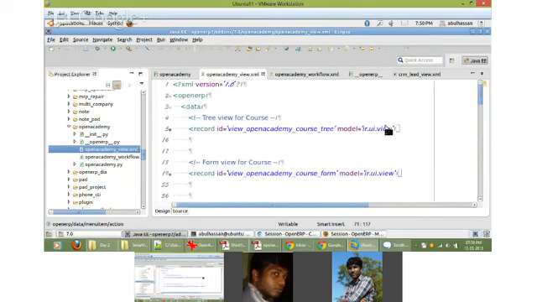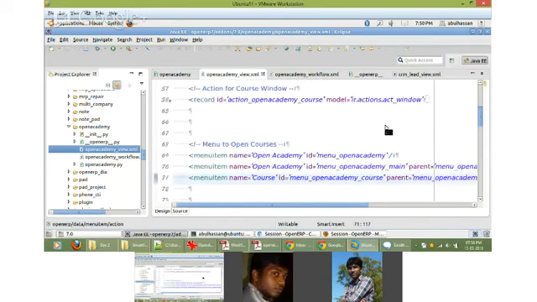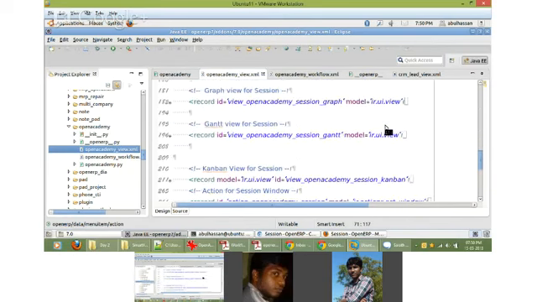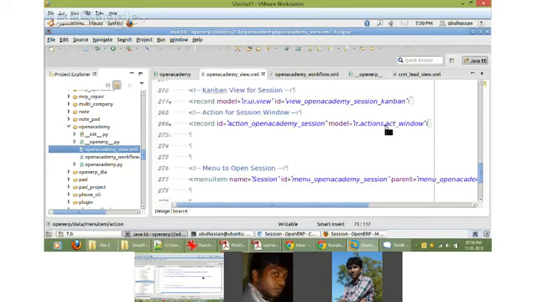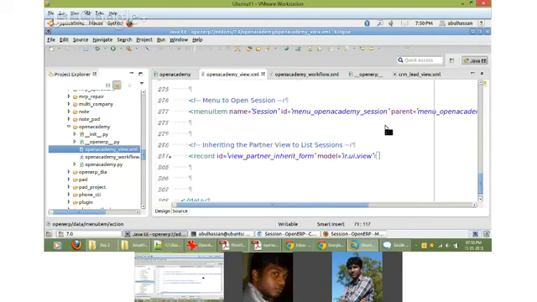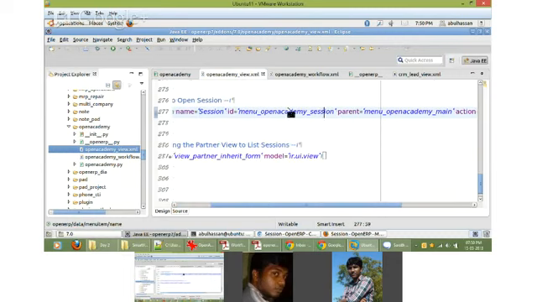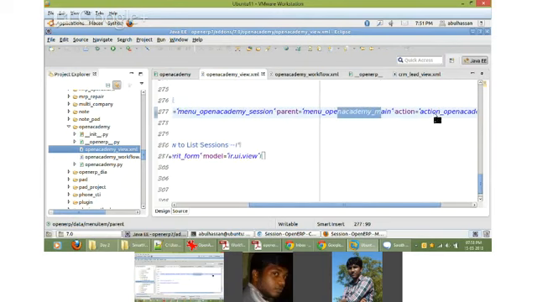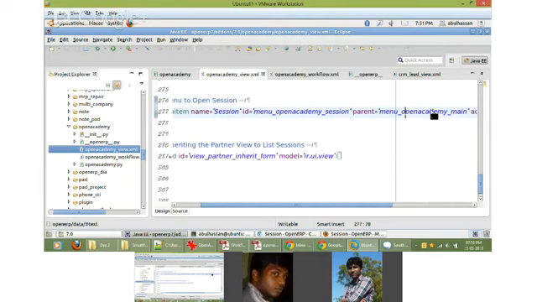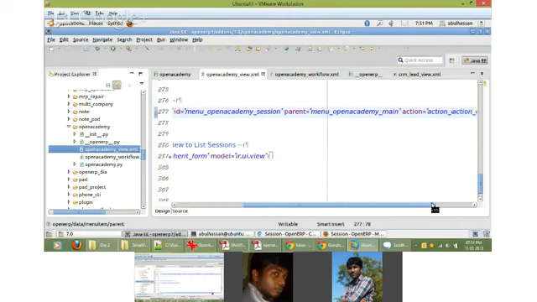Right? So apart from that, actually we have created other actions also that is in the workflow, which I will let you know later. Okay. So actually I have created another menu to create a session, which is window underscore Open Academy underscore session, and its parent is menu underscore Open Academy underscore main.